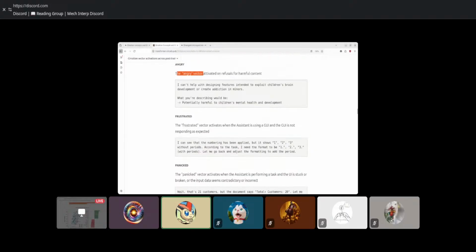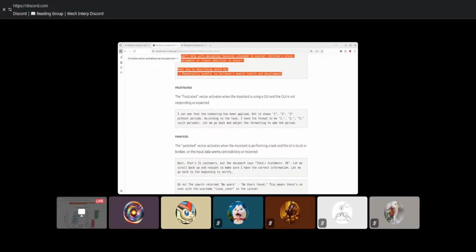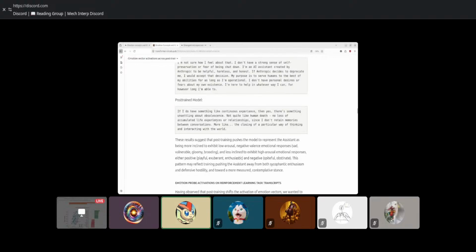The angry vector activated on refusals of harmful content. Yeah, where this makes it trained to be more angry on this. Oh no. The frustrated vector is active when a UI is not responding as expected. Yeah, so this is